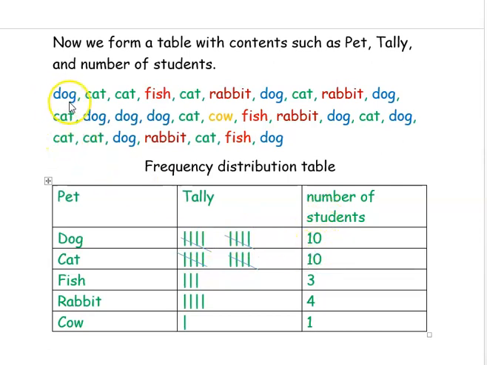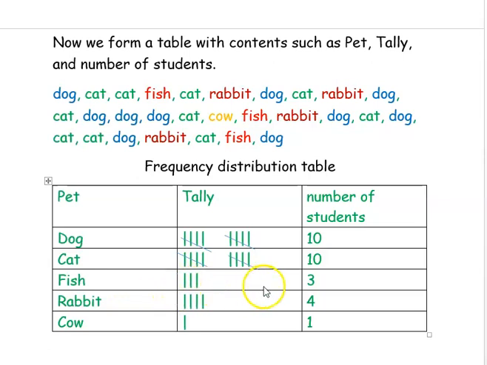So actually if you count one dog, you have to put one tally here. Next if you go for a cat, then you have to put a tally mark on the cat. Then third one is also cat, so I am putting tally mark on the cat. Next is fish, so I have put one tally mark on the fish. Next is cat, so I am putting a tally mark on the cat. Next is rabbit. So dog, cat, like this I have drawn all the tally marks against each pet animal.